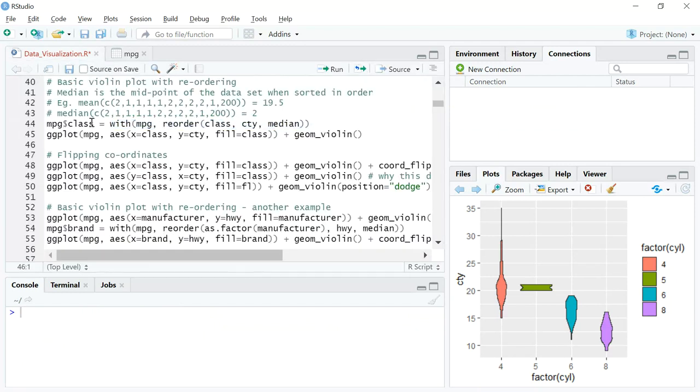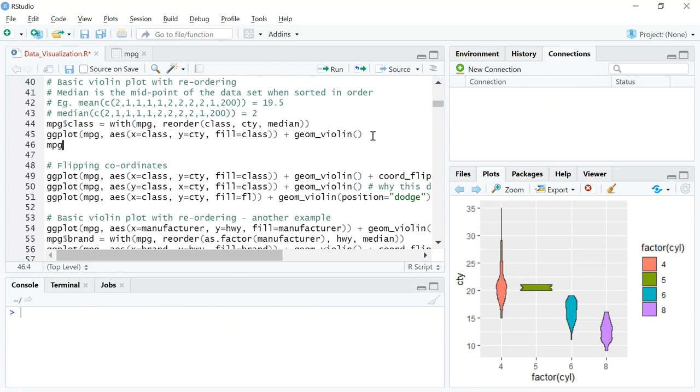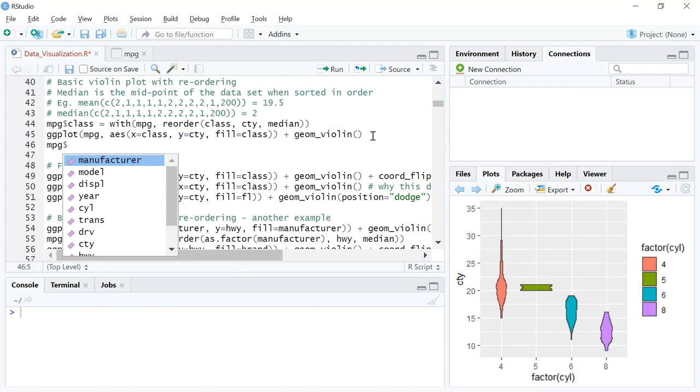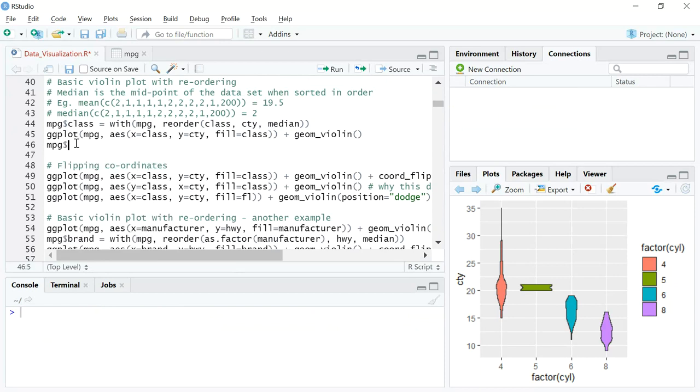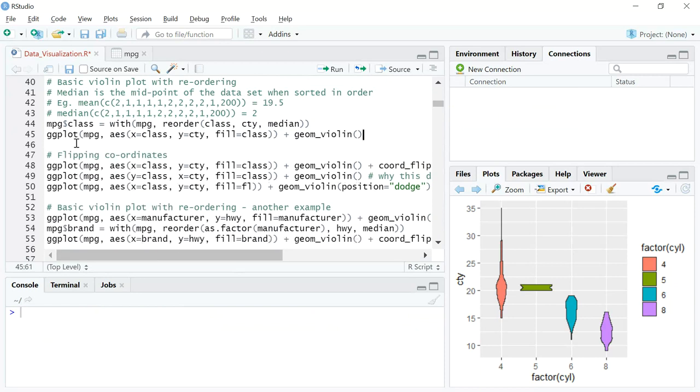So you're going to pass it onto the class variable. In R, if you want to call a column for a particular data set, so the data set is MPG, you will put the $ and then call the class, right? I'll just quickly show you how that comes. So let's say MPG, and the moment you put a $, R automatically shows you all the columns that are available, and then you can select whichever you need, right? So that's a good functionality in R.